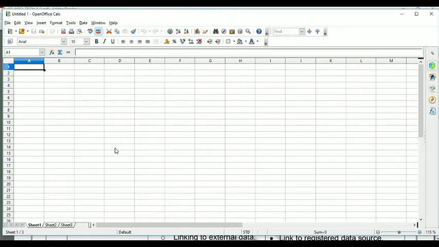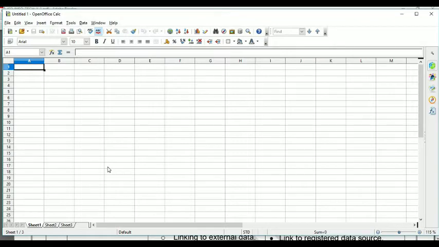This is the CALS window, OpenOffice CALS window. It just look like a Microsoft Excel. In that, you can create your file where data calculation is required. Like suppose that mark sheet of student, or suppose that you want to generate bill, so you can do here your work, because here you can perform your calculations. Here all the things are arranged in a tabular manner.